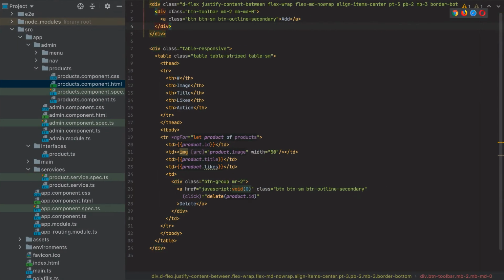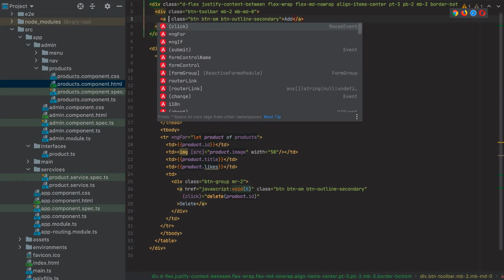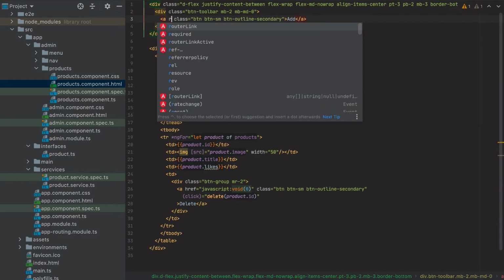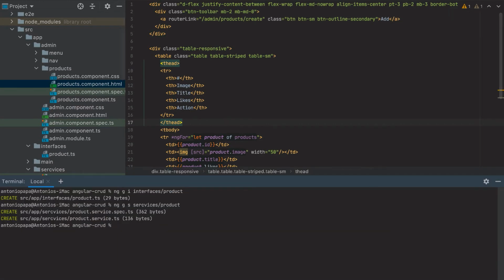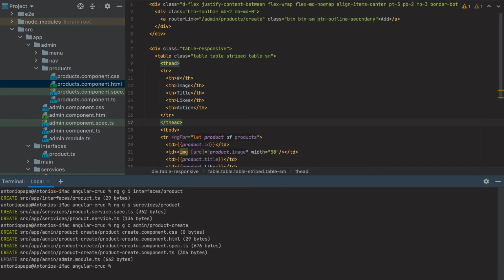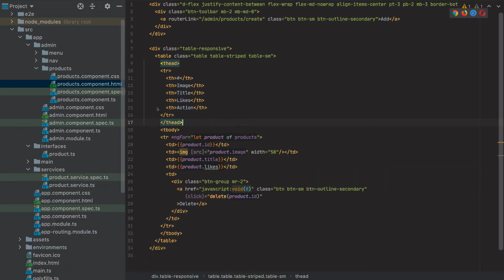And to go to another page, we don't use href, but we use router link. And this will point to product admin/products/create, which is the component we'll create right now. So ng generate component admin product create. So we have the product create component,